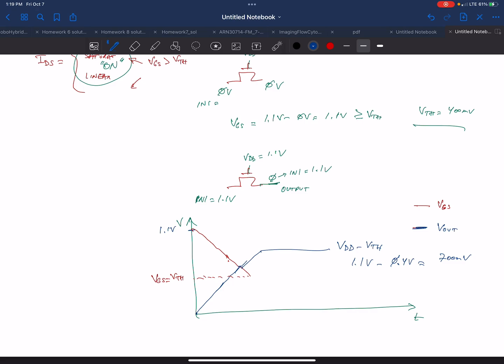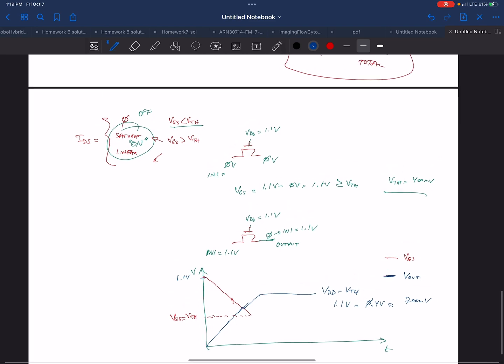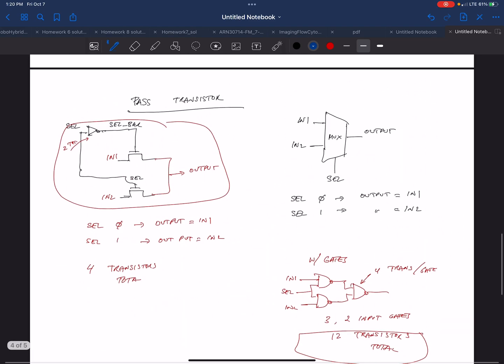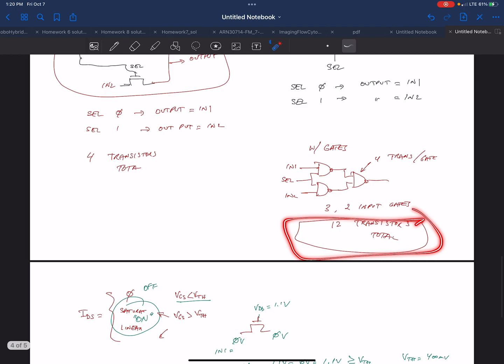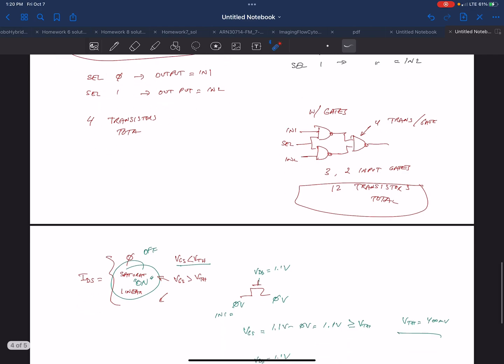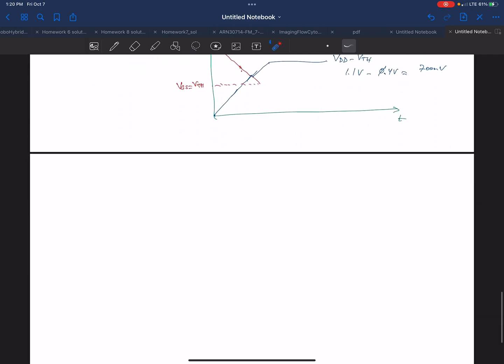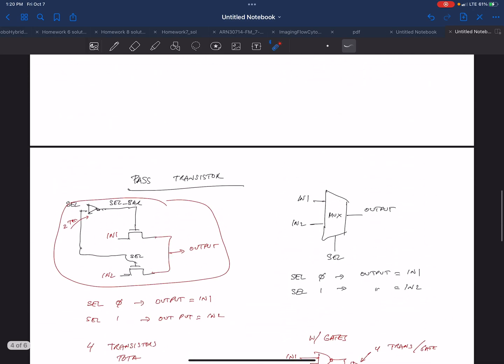Okay? So this is like a good idea, but it doesn't quite get you there. So people, but it's still very tempting, right? 4 transistors versus 12 transistors is really tempting. So people sort of up the ante a little bit to get it to work. So you can't get this to work somewhat. Okay, so what they do is instead of doing this,